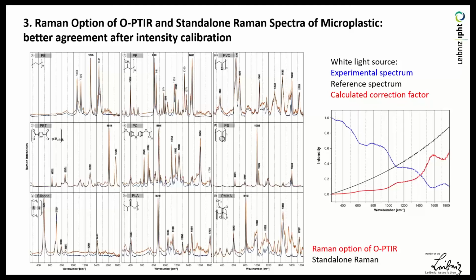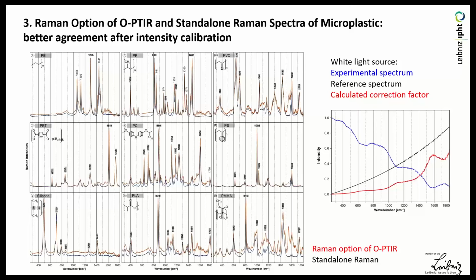The Raman option is the OPTIR spectra and the standalone Raman system. So we use the Raman system from Kaiser Optical System, which is in use since 2008, a very stable system, sensitive. And the Kaiser system also has a calibration device. That means the spectra with the Raman system from Kaiser Optical System, they are calibrated, and of course, the same